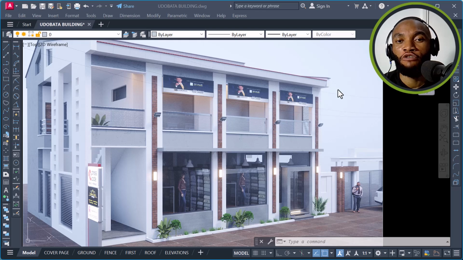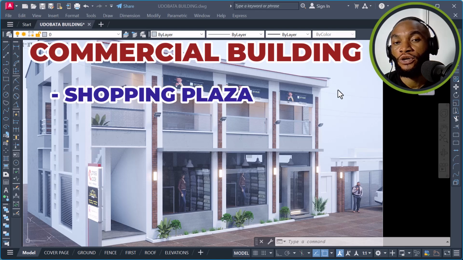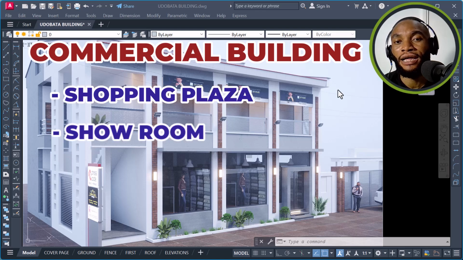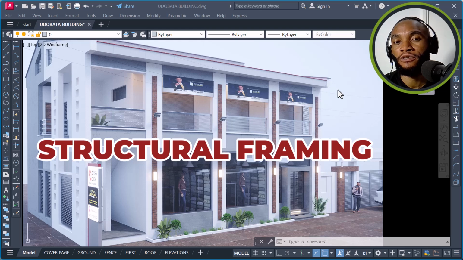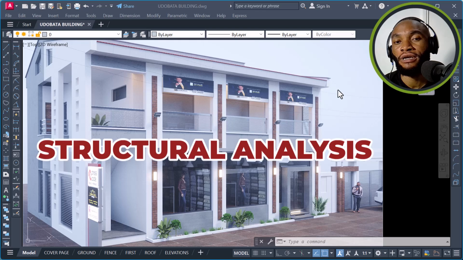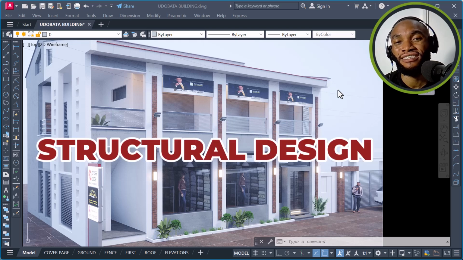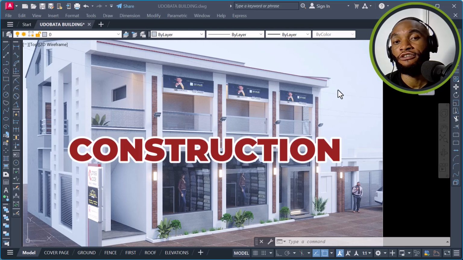Today, I'll be showing you the structural design of this building you are seeing here on my screen. This building is a commercial building that consists of a shopping plaza, a showroom, and a workshop. We are going to perform the structural framing of this building, then the structural modeling, and then move to the structural analysis, the structural design, the structural detailing, and then the construction